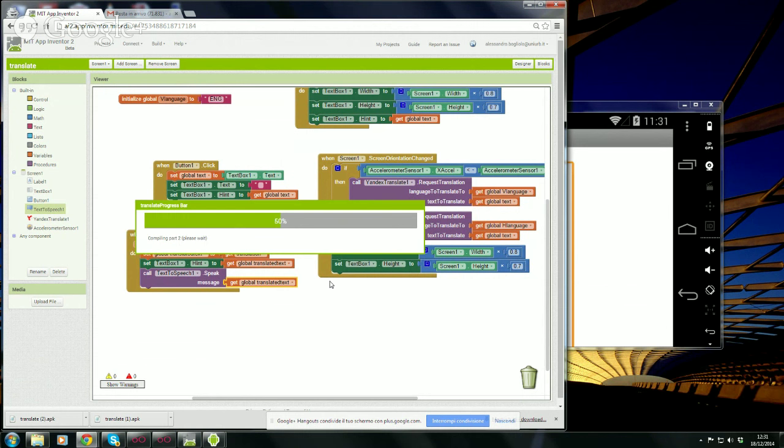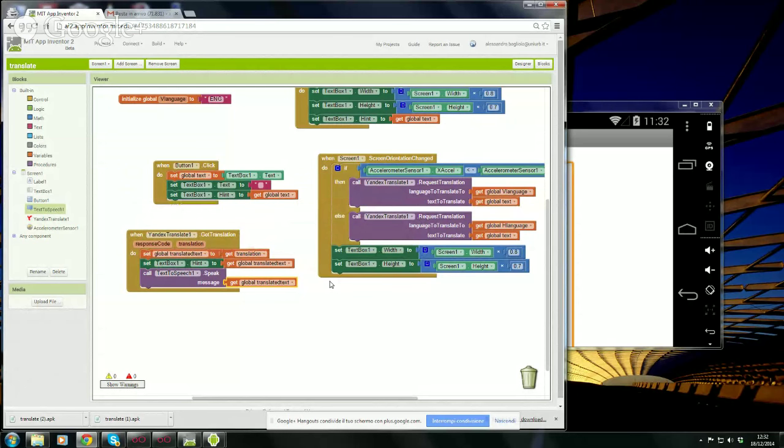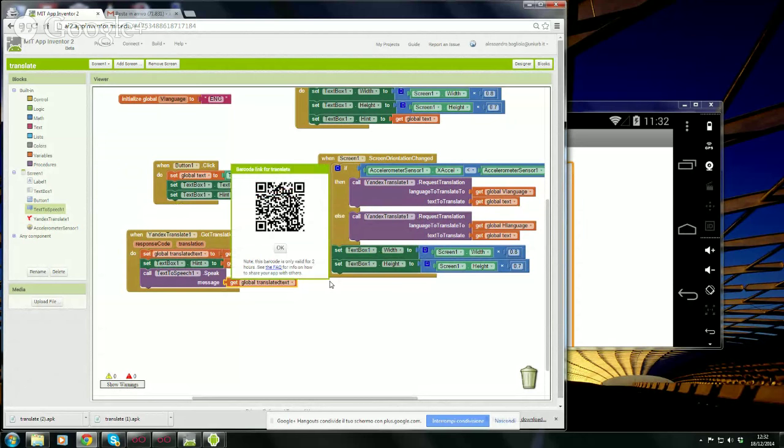So in a few seconds, the QR code will appear, and if you capture the QR code with your own smartphone, then you will be able to install the application directly on your smartphone. I'm doing it right now, and you can do the same. You can, for instance, take it even from my screen, because the application is available online, and you have to force your smartphone